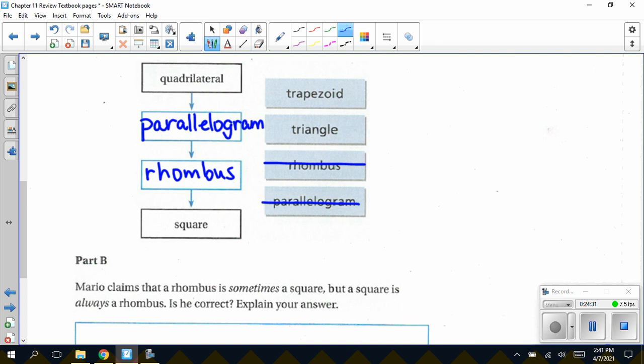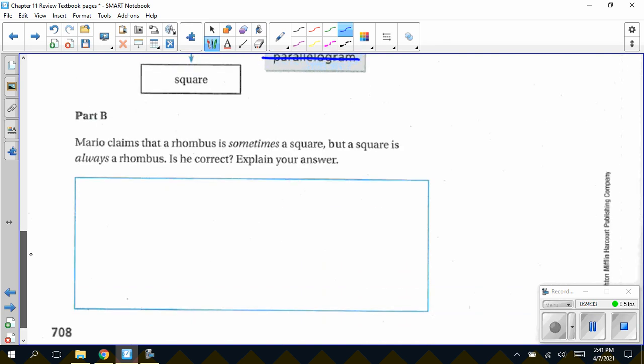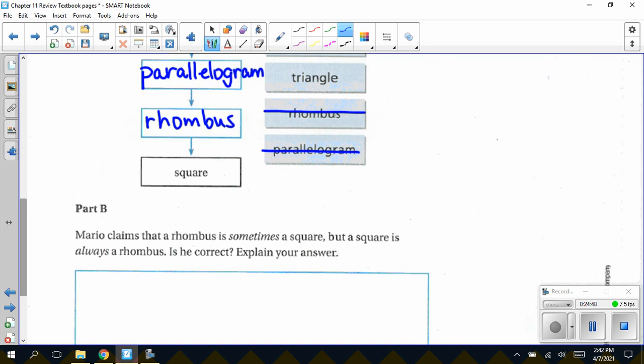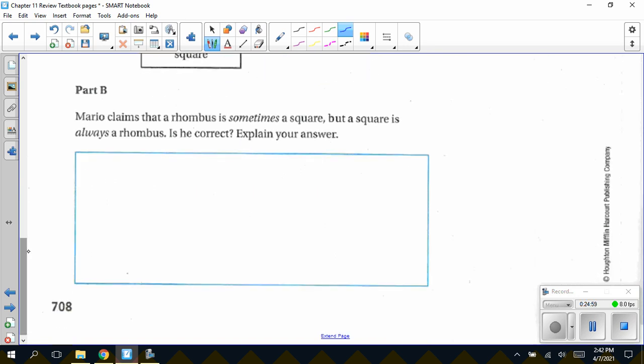Now for part B, Mario claims that a rhombus is sometimes a square, but a square is always a rhombus. Is he correct? Explain your answer. So if you look back up at that flowchart, you do see that a square is always going to be inside that rhombus circle, but we have to remember that not all rhombuses can go into the square circle. So yes,